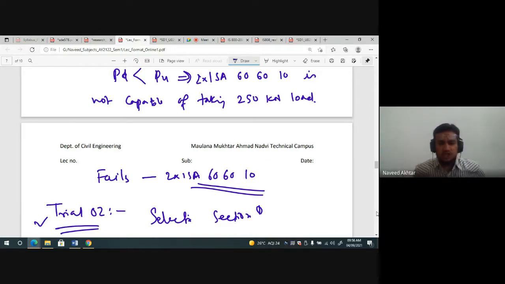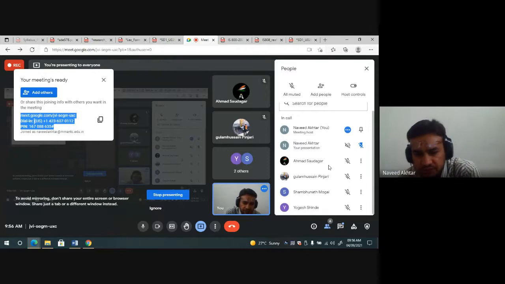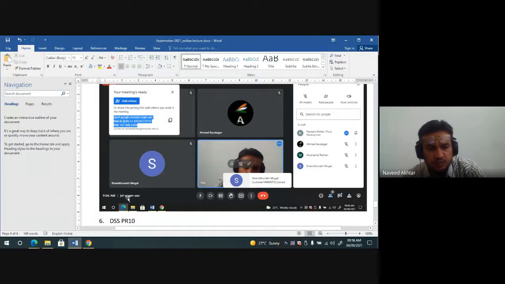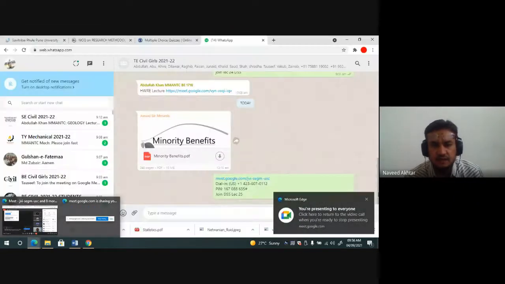So selection of section is such that it doesn't fail, but it will come आपको कब आएगा? एक्सपीरियंस आएगा। कैसे आएगा? एक्सपीरियंस आएगा। ठीक, तो ये हमारा डिज़ाइन था आज का कॉम्प्रेशन मेंबर का। अगर आपको कुछ नहीं समझा है तो आप मुझसे पूछ सकते हैं, और अदरवाइज वी विल स्टॉप हियर।